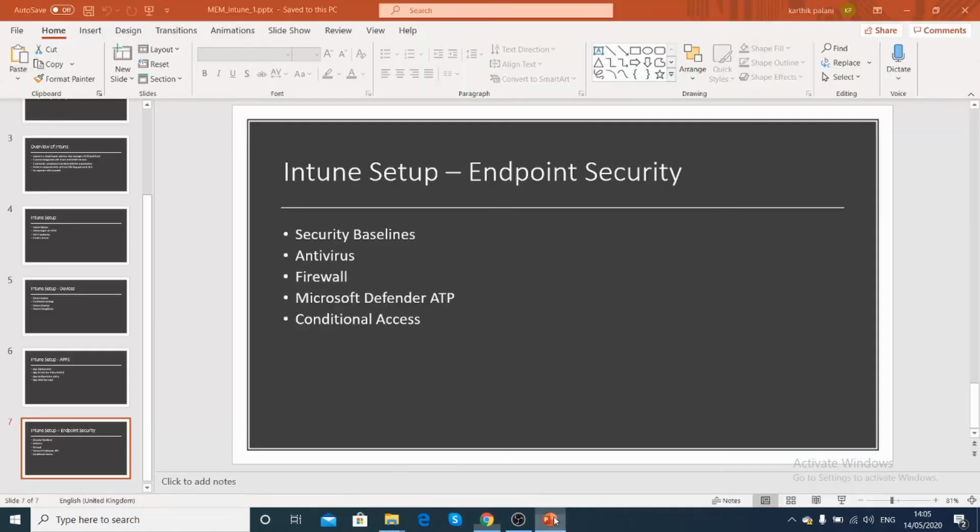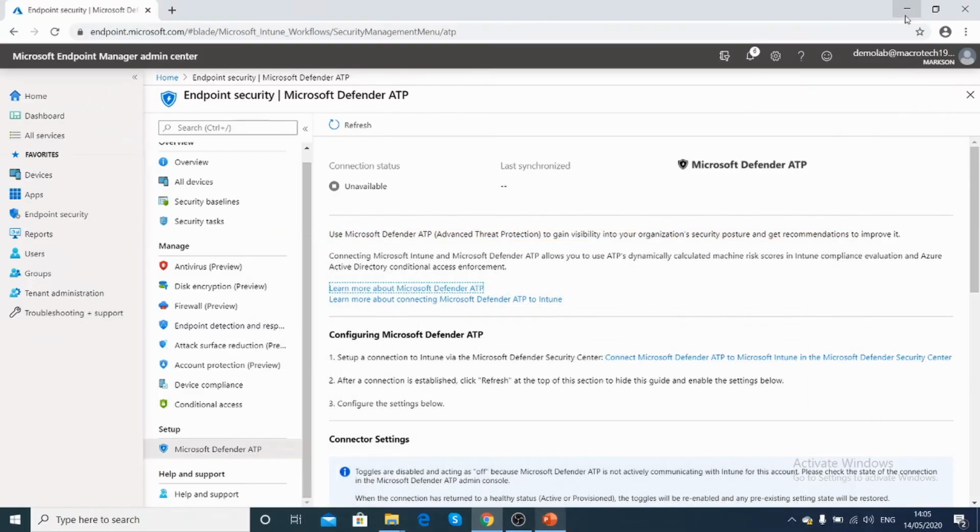So hopefully we have covered everything under endpoint security at a high level. So this gives you a brief understanding about what are all the options available, what kind of settings that you can apply from the Microsoft Endpoint Manager. So in the next video, we will try to cover all the 4 sections like reports, users, groups, and tenant administration. And apart from that, nothing more from the MEM side.